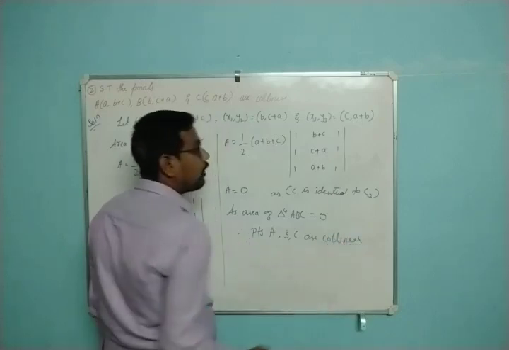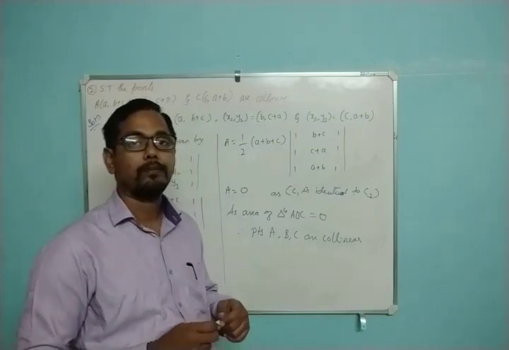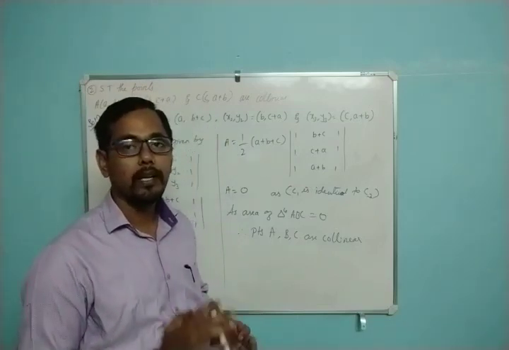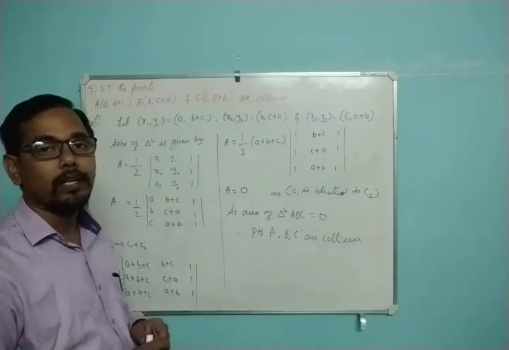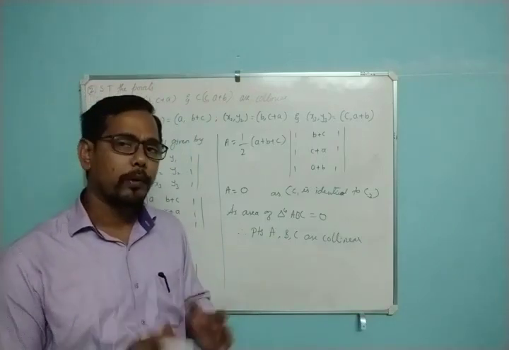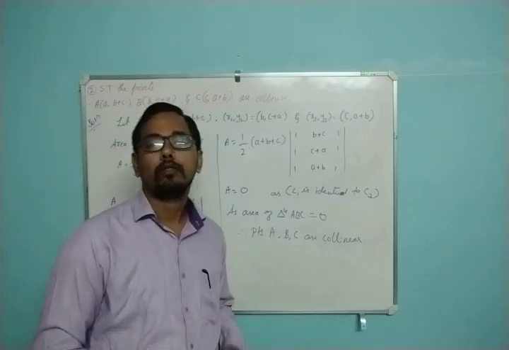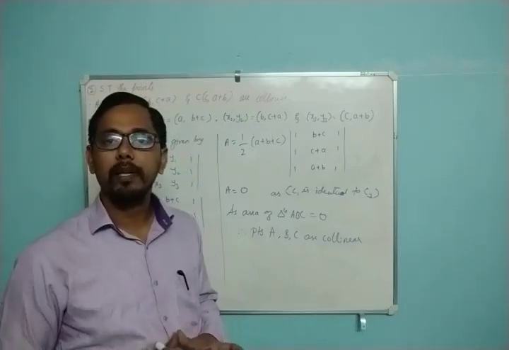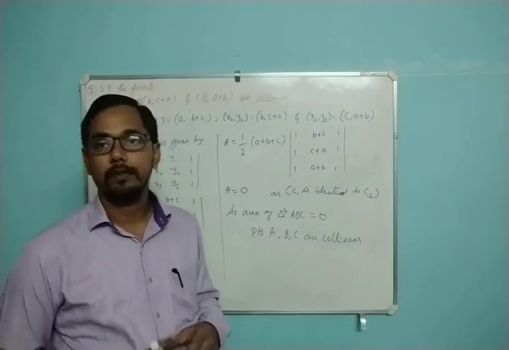So this proves that my points are collinear. Is that clear? So this is how it will proceed. I hope you have understood this problem very thoroughly. It's very simple. So now what you need to do is pause the video for a moment and make a note of this. Anywhere if you feel uncomfortable, you can ping me in the comment box. I'll get back to you. For right now, you make a note of this.